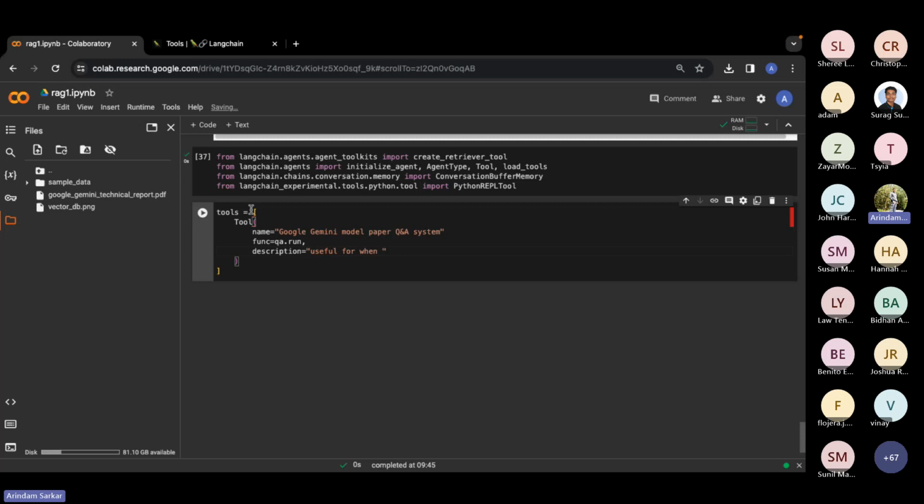But let's say when you are asking something related to your own document, then that is the only time when your LLM needs to go to the tool and see the tool and then retrieve the answer, right? So you need to describe it for when you need to answer for the Gemini model and its technical details.